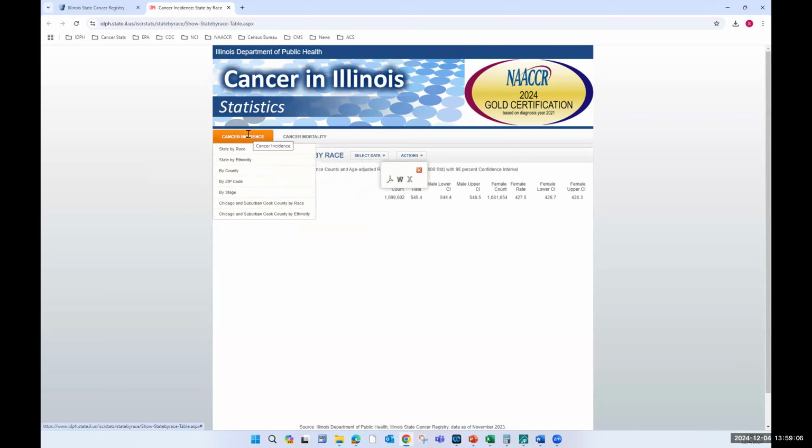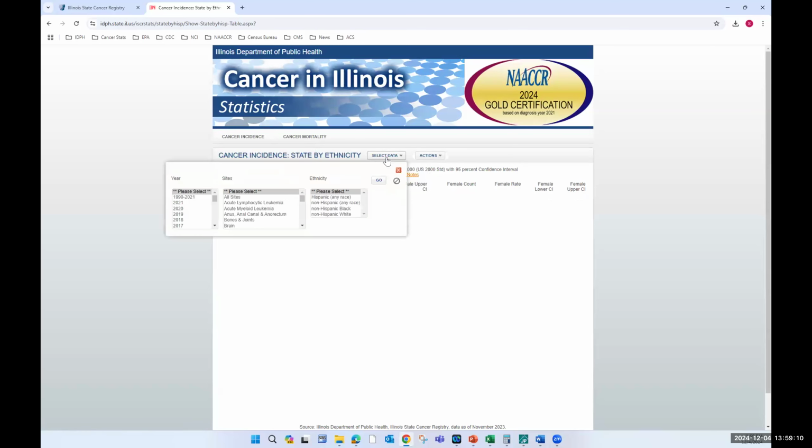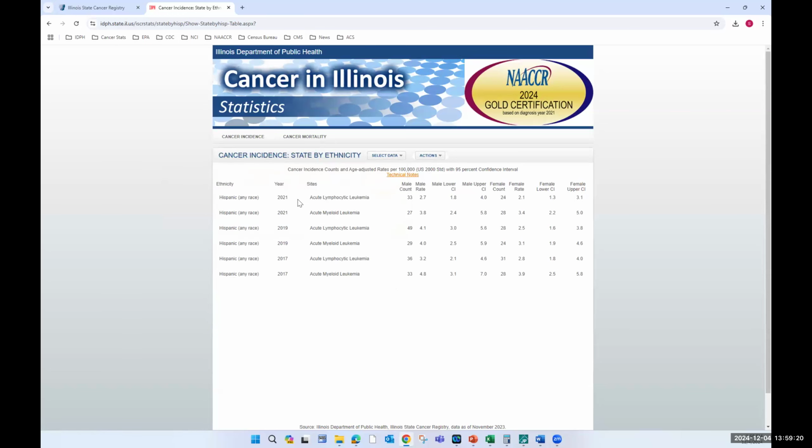But going back to incidents, you can also look at data by ethnicity. So you can come over here. If you're interested in, say, just a couple of years, you can select those years and a couple of sites. And for any race, it will only demonstrate for those years. It won't combine those years. So if you're looking for a combination of years and data for years, you can potentially go to the annual